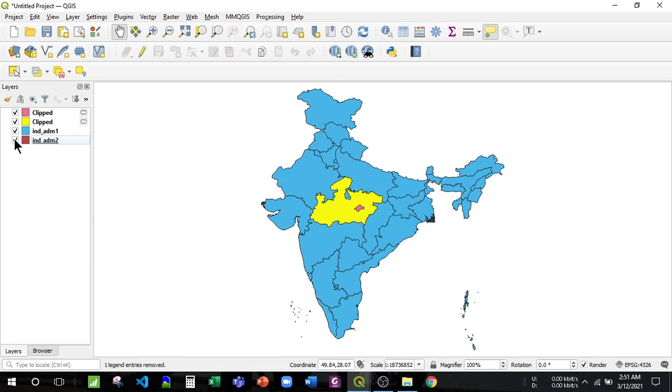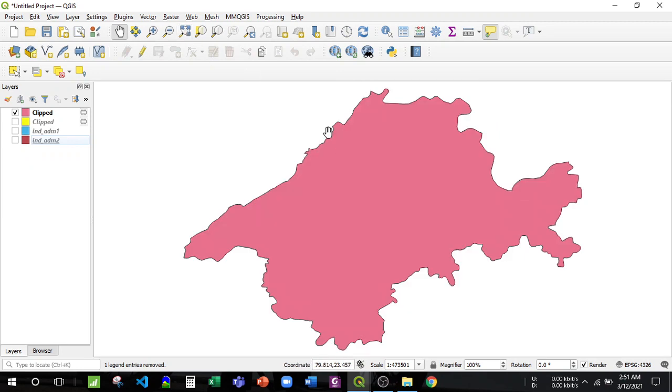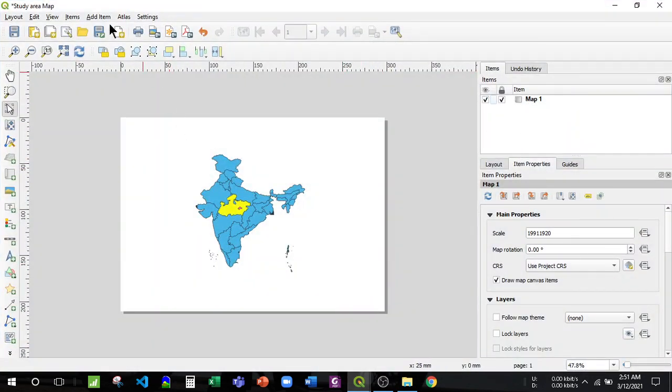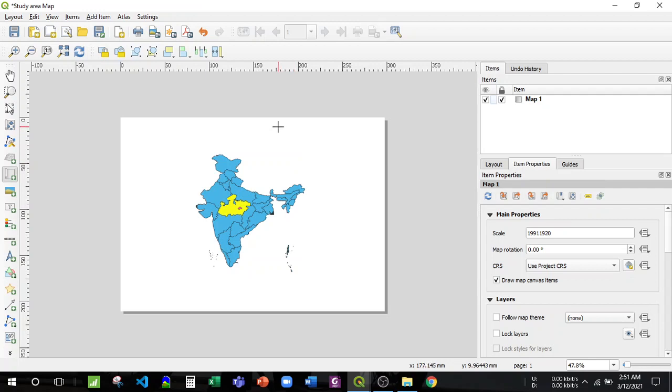I will untick this, and then do this, and if I add another layer over here, okay, I have added this. Now I will have to make the grids.